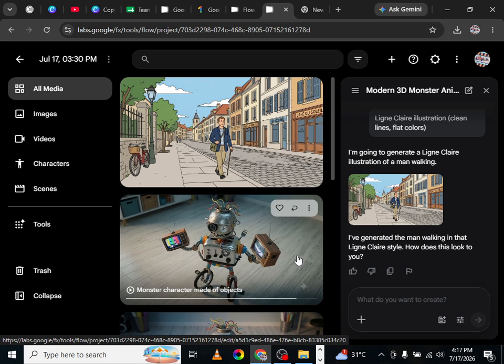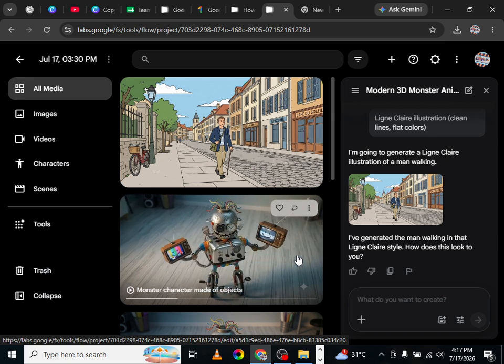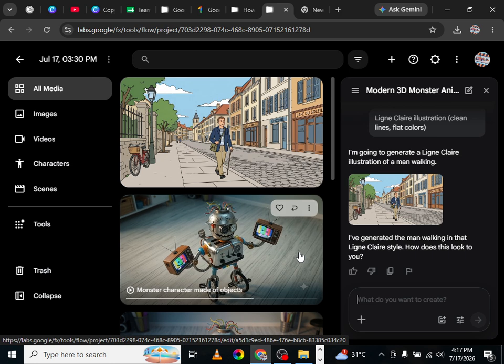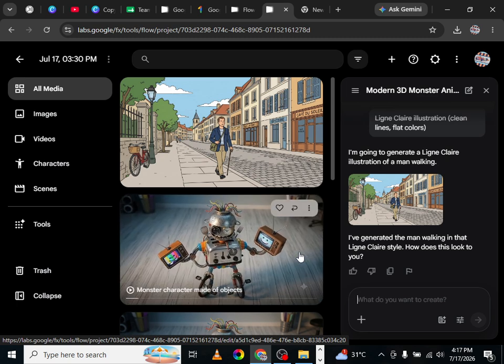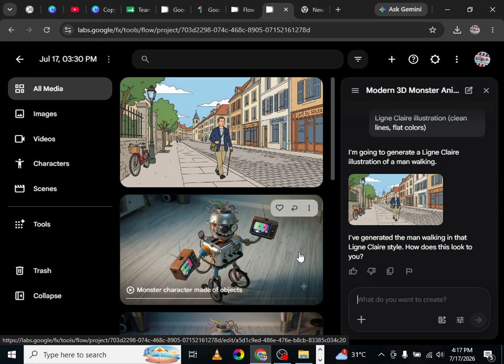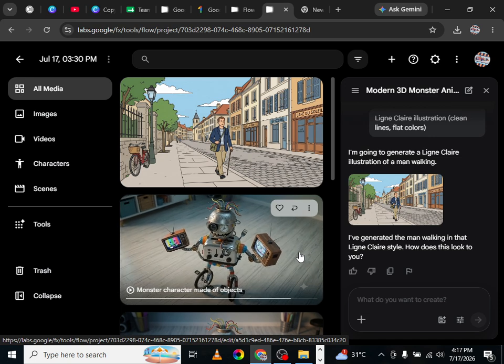Once the animation is complete, preview the video carefully. Check whether the movement looks smooth and natural. If you're not completely satisfied, edit your prompt by adding more specific instructions or changing the type of movement, then generate another version. After you're happy with the final animation, save your project so you can continue editing it later